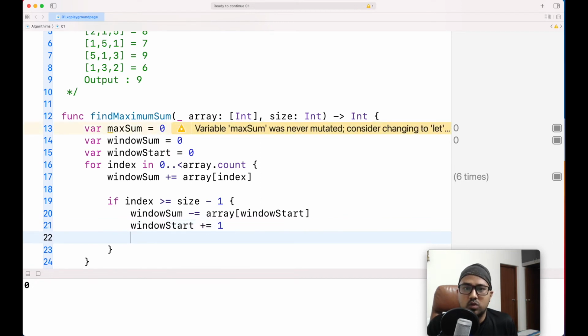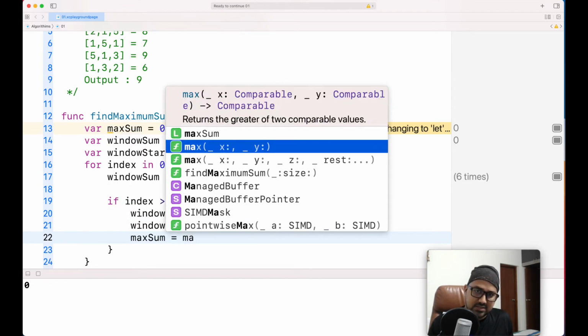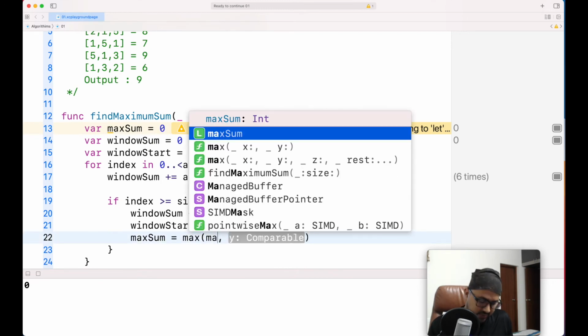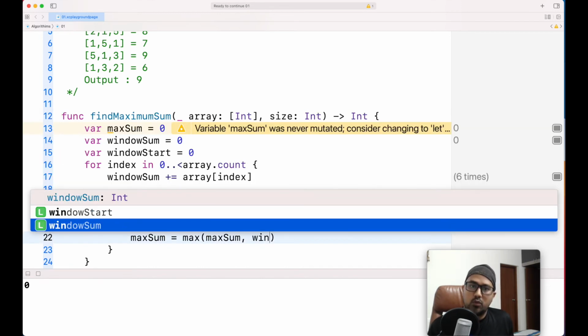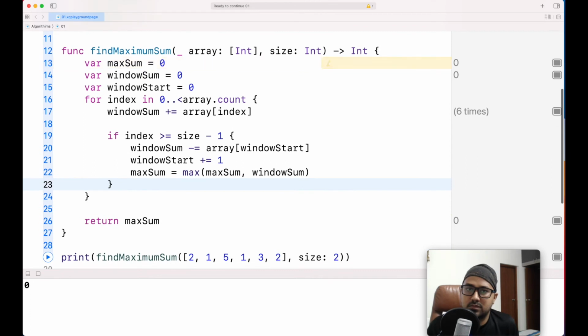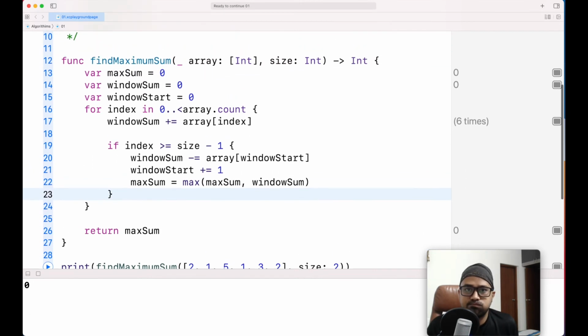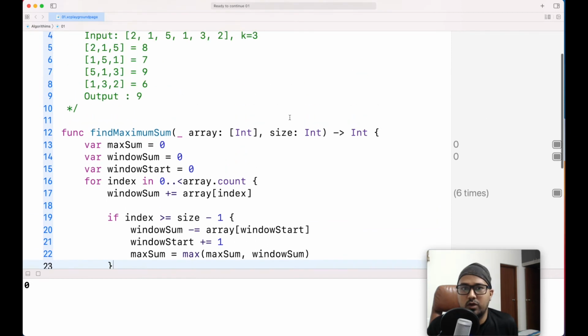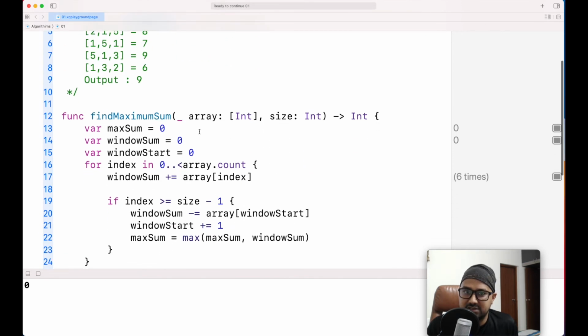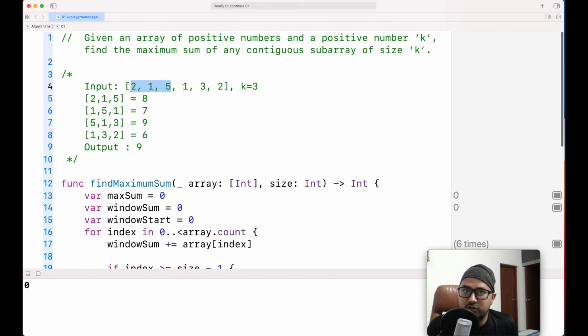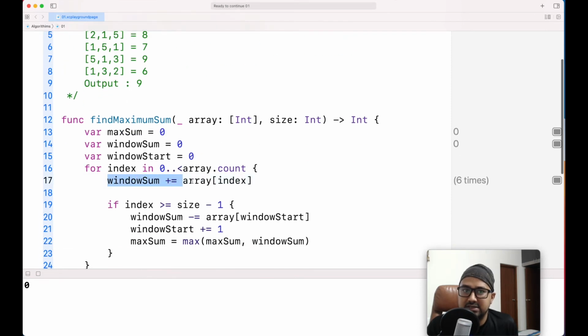Now what we need to do, what is our maximum sum? So maximum sum is equal to max of, first value I will take, whatever the previous maximum sum value, and the new value is window sum. So what we wanted to do here is first we take this window. The moment I reach this index, I decided I have to remove this guy. This is already added, this is getting added here. So now whatever we achieved with 2 for loops, we could get with 1.